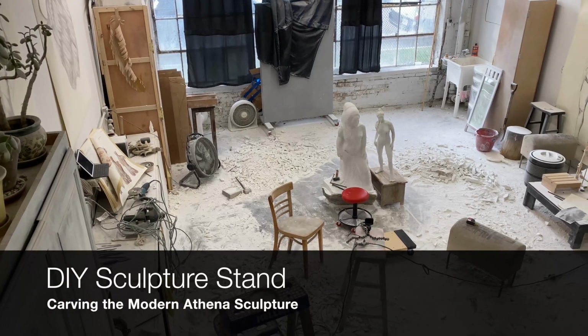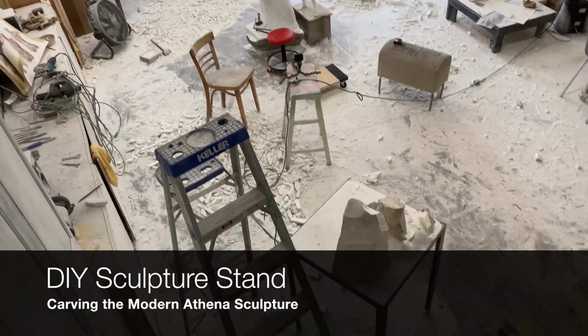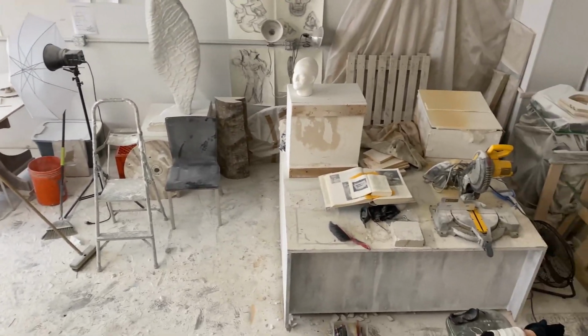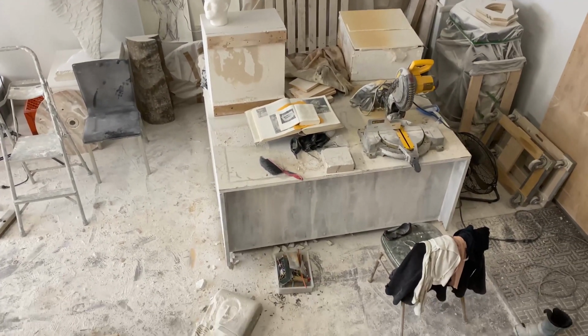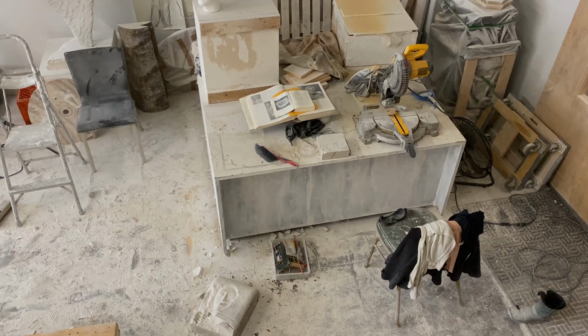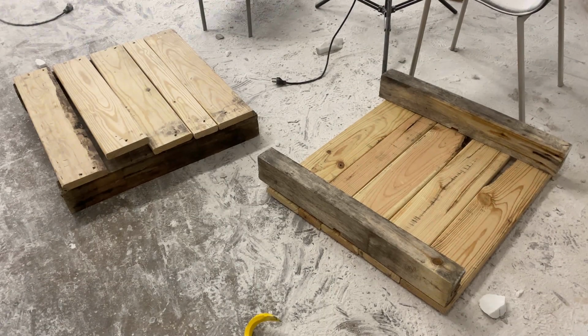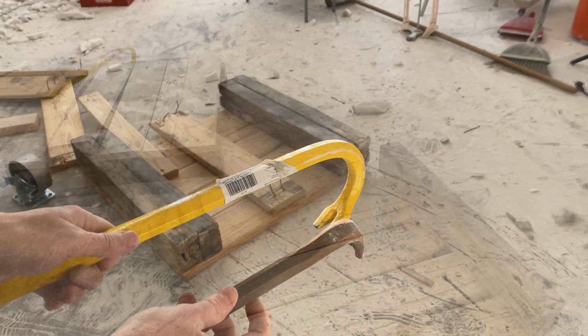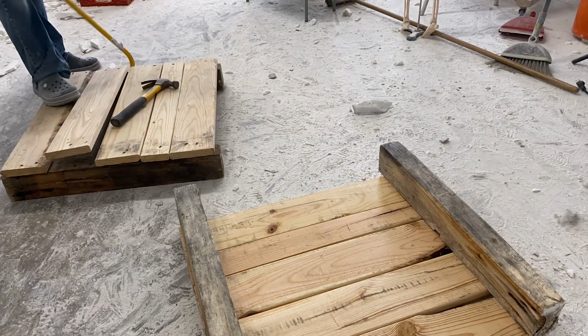After roughing out most of the Modern Athena's figure, it was now finally time to get her onto a platform because she was light enough to move, and I finally had to deal with cleaning up some of this dust. To make the sculpture stand, I took 2 used pallets, a crowbar, and a cat's paw, and set to work